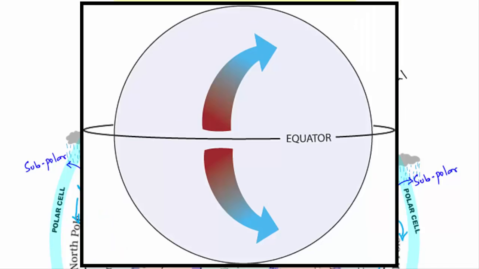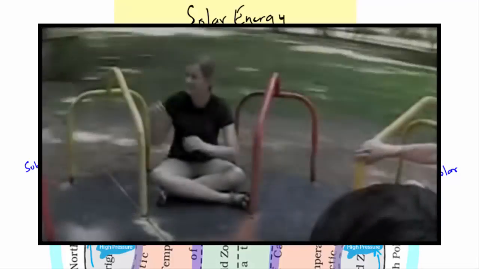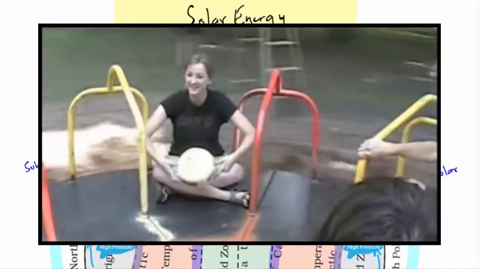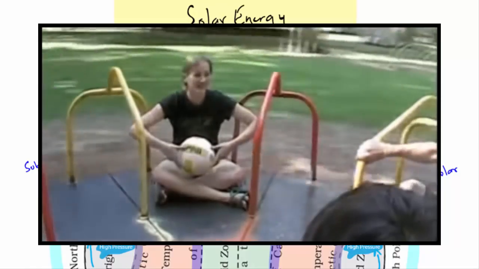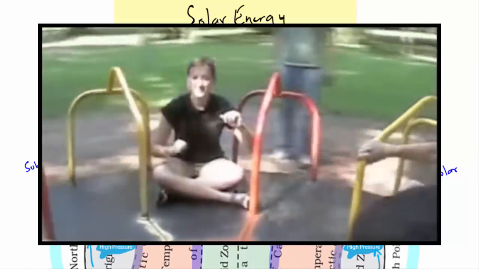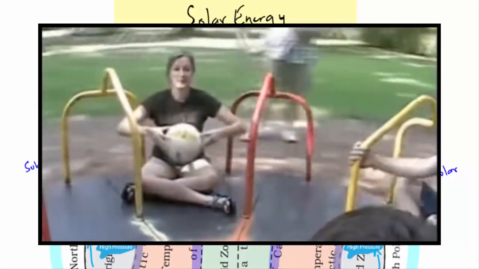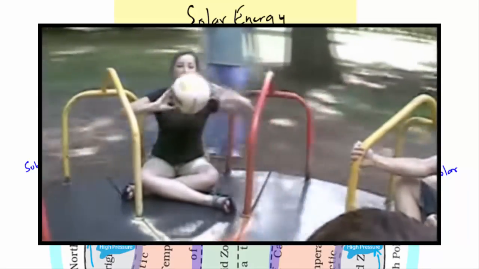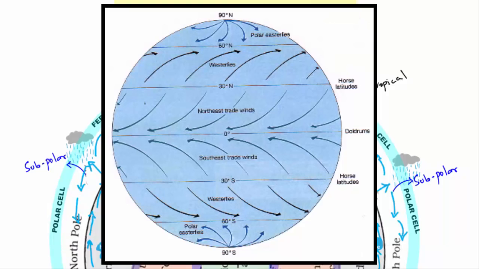Due to the rotational velocity of the Earth, winds get deflected. Now an easy example to understand the concept is, you must have taken a ride on a revolving circular platform in a playground or in some amusement park. Now two people sitting on the opposite ends of this ride throw a ball at each other. You'll notice that the ball will change its direction. With this demonstration, you can easily understand how wind on Earth gets deflected due to the rotational velocity of Earth. And this phenomenon is known as the Coriolis effect.